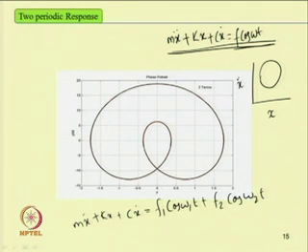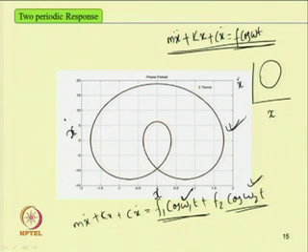By applying the superposition theory, we know that we can have two periodic responses. So, we will have a response with two periods, one corresponding to omega 1 and the second corresponding to omega 2. If one plots the phase portrait, that is x versus x dot, one can obtain two loops. By plotting this phase portrait, one can know whether the response is two periodic or has a single period. Similarly, by adding more forcing terms, that is f 3 cos omega 3 t,